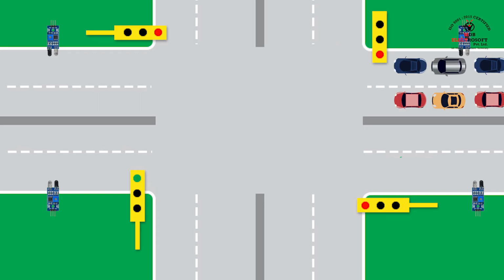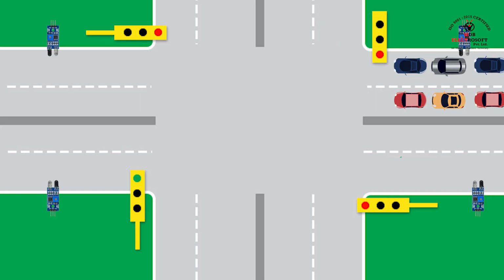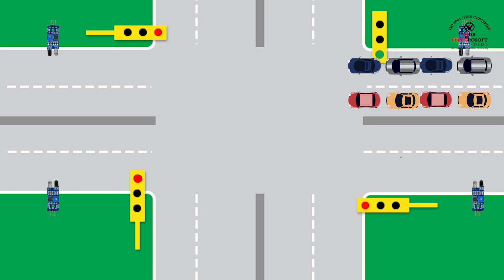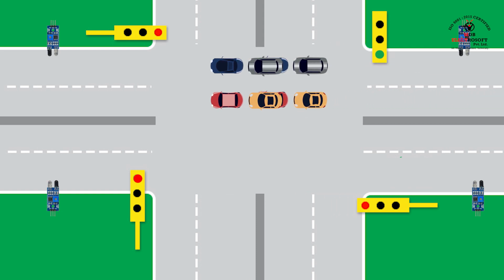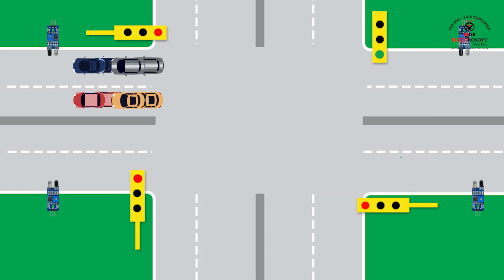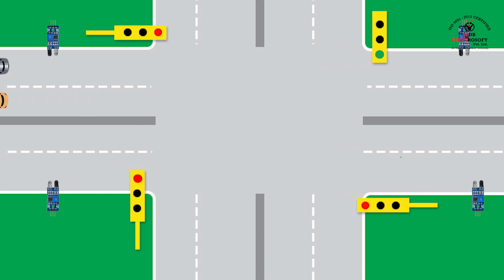Similarly, if sensor 2 senses a higher density of traffic on the second side of the square or second corner of the square, then it will instantly turn the traffic signal green for that specific side, and the others will turn red until the density is reduced to the normal level. After that, again the cycle will continue from that point.